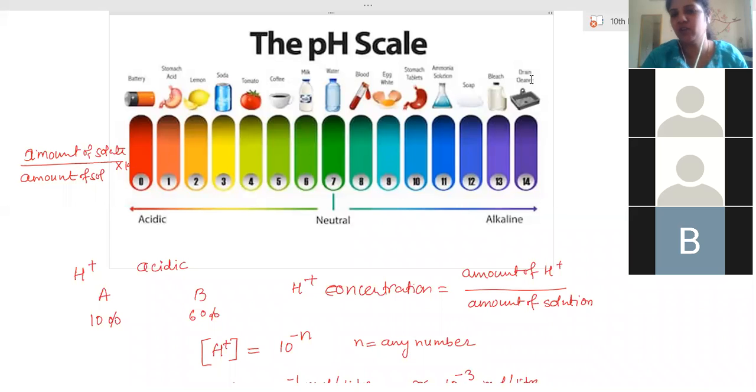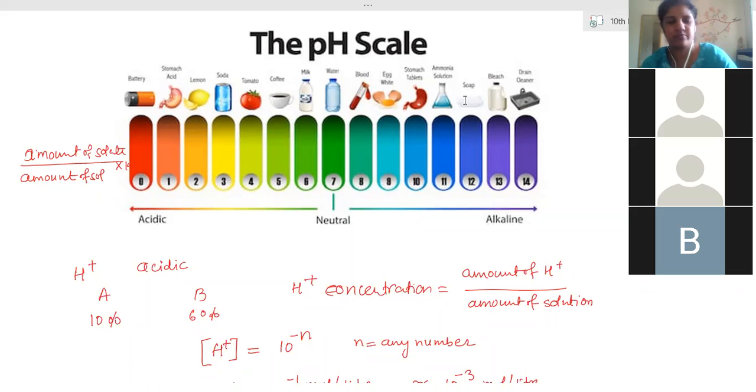There are the numericals in logarithm wise. You have the pH values, pH calculations, H plus ion concentrations you have to do. For that, you need to know the logs. Logs right now you don't have, so therefore it is removed from your syllabus. Actually, it was there earlier. Now it is removed. They have taken it for the class 12th. You have 11th and 12th. You have the concentrations.